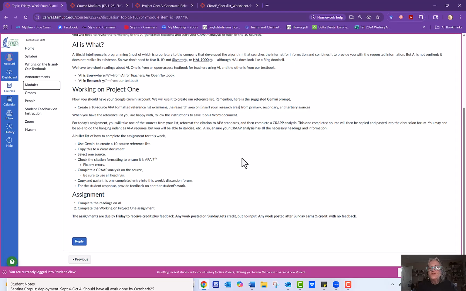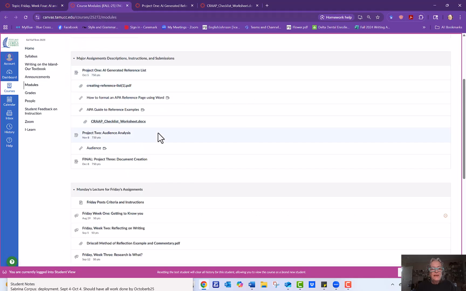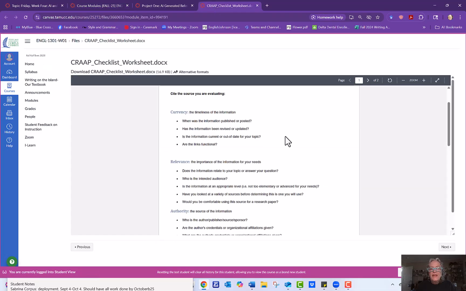Okay. Once you do that and you're happy with it, you're going to select one source from it, and you're going to do the CRAP analysis of that source. And here's what it is. Here's the worksheet. It tells you what to do. Here's what the worksheet looks like. Here are